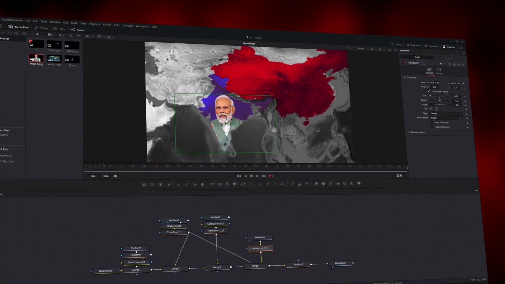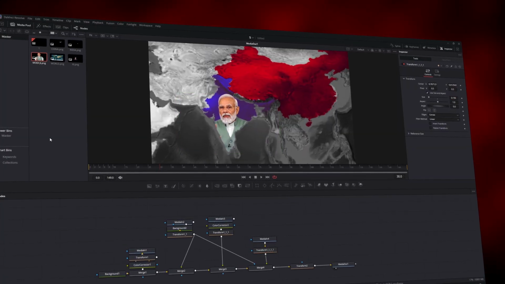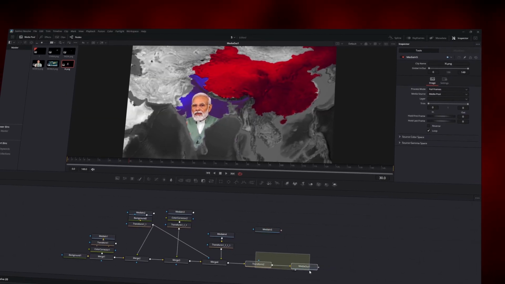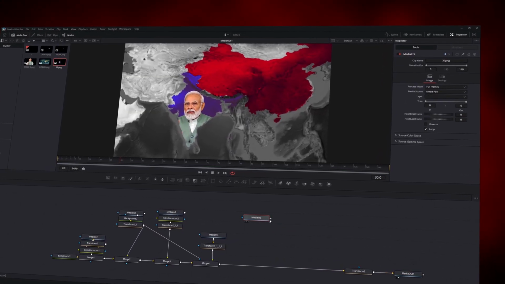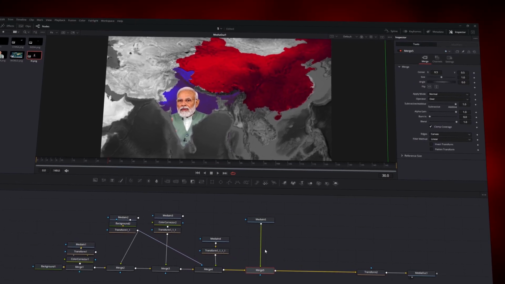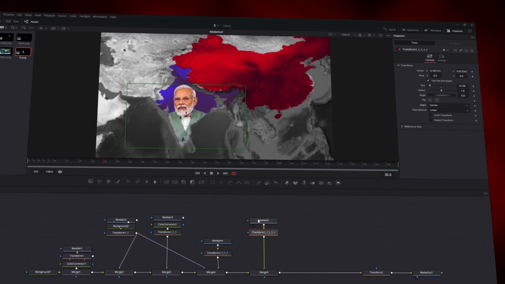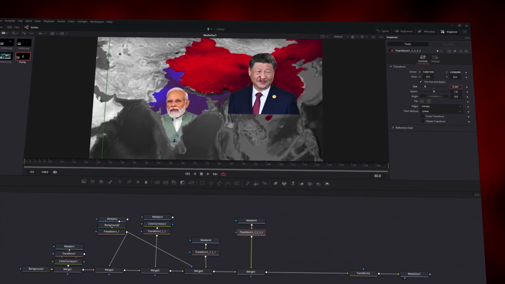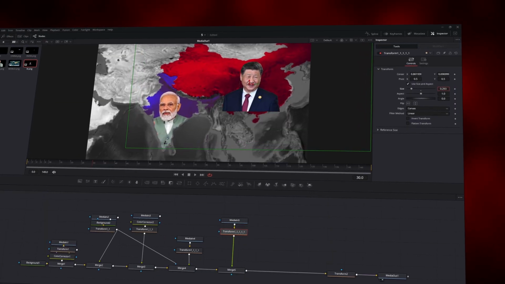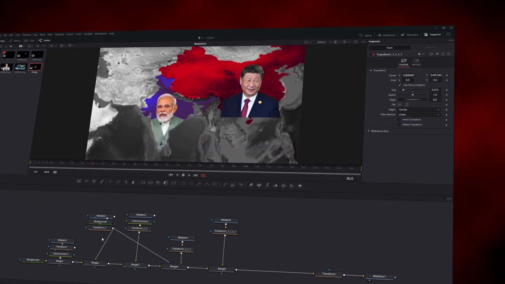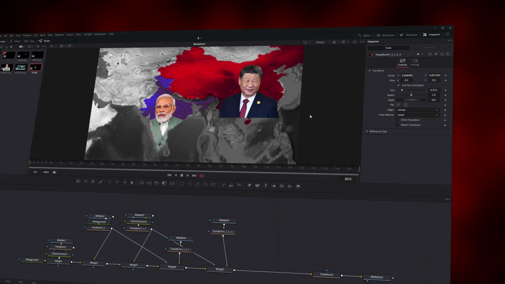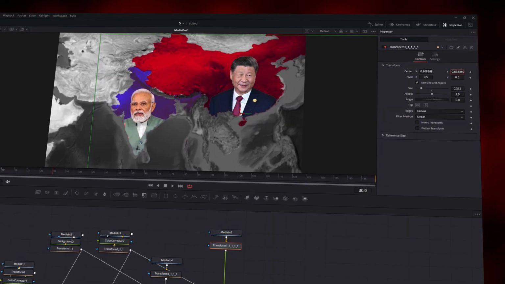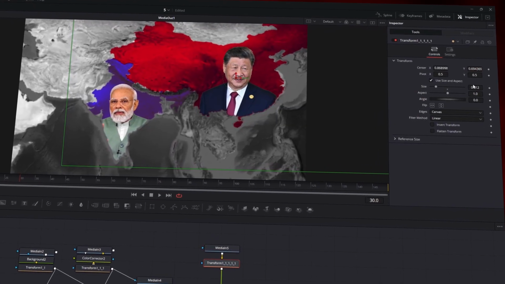Adjust it like this, and now go and grab the image of Xi Jinping and make space and grab it like this. Okay, so hit Ctrl C, hit Ctrl V and place it right here and scale it up like this. Now it's completely fine. And now go to this transform and this mode, so it will mask the subject. And now if we do like this, you can see I have to zoom it like